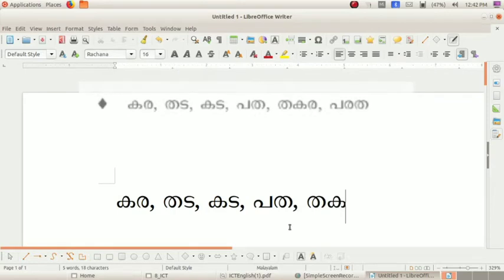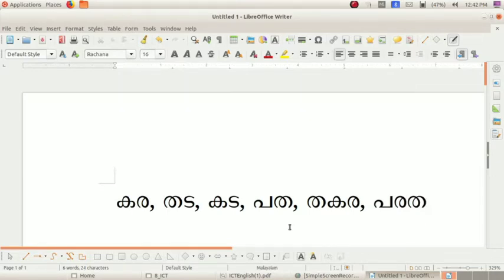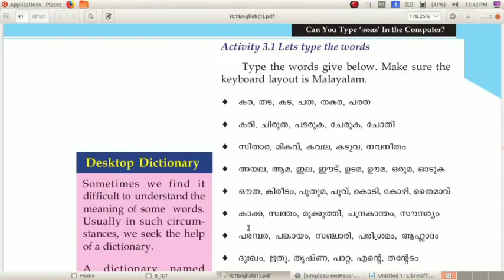L K J. Then Parada. H J L. Likewise, you can type the letters.